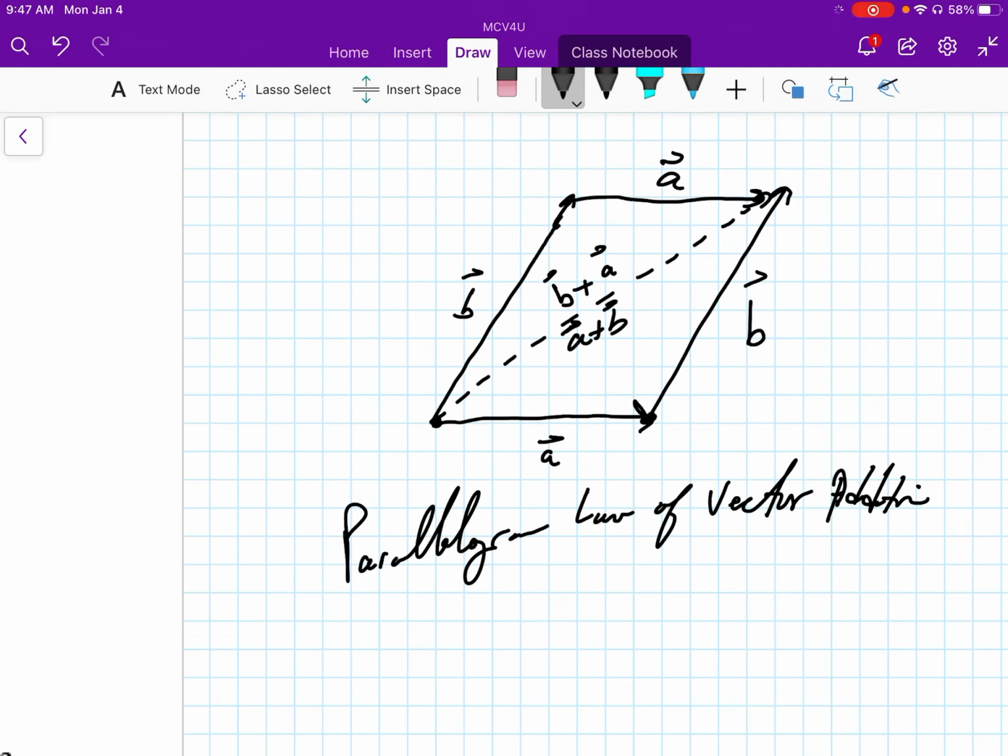All right. Basically, this is an illustration of this law as well. And since it's already there, it's a great proof of the commutative law of addition. It's also a great illustration of the parallelogram law of vector addition as well. So the reason why you may be using this, or you may have used this in physics class as well,